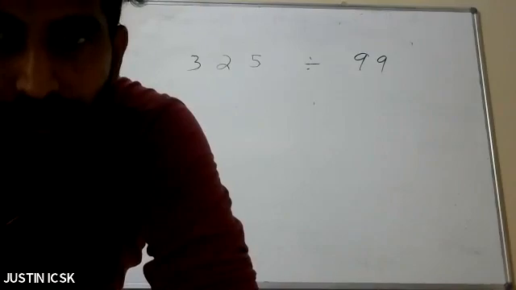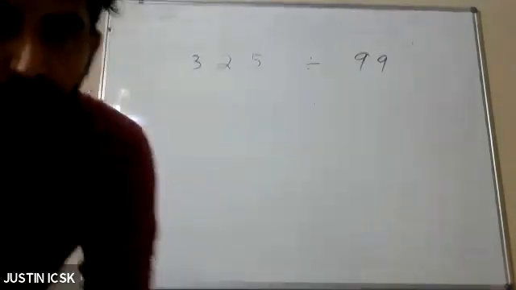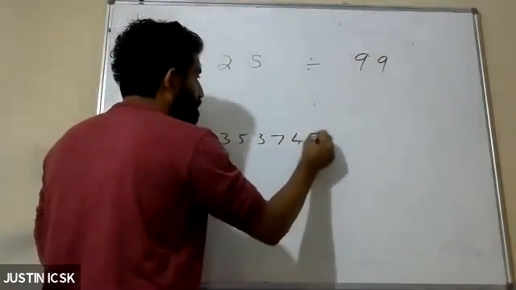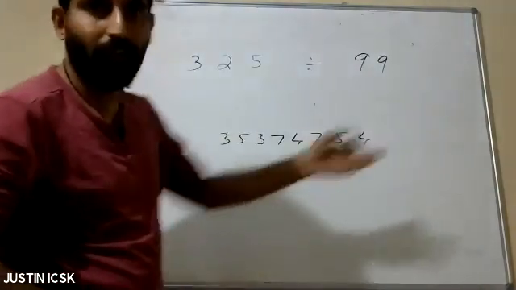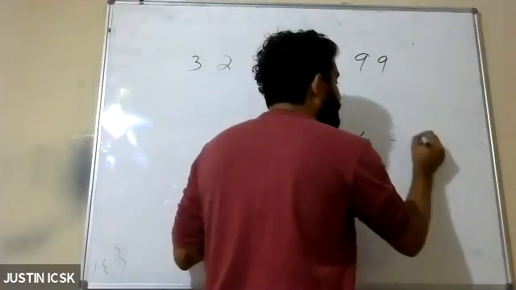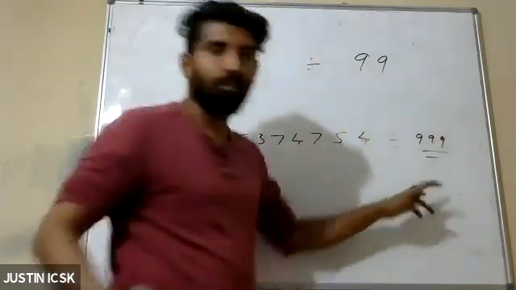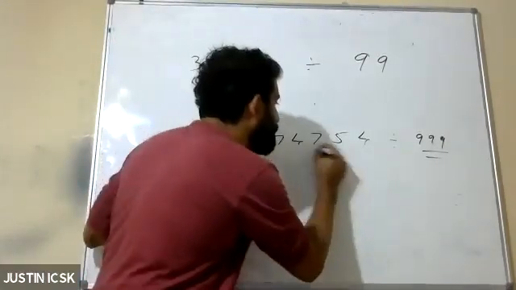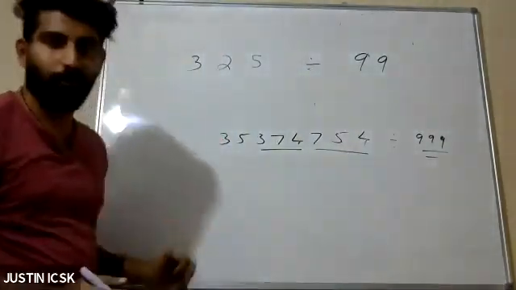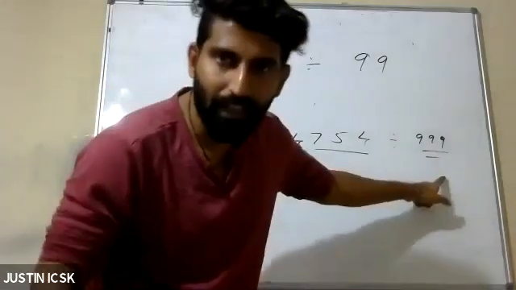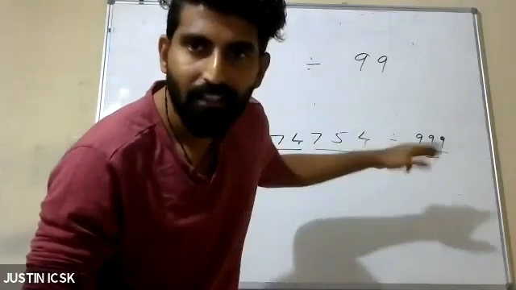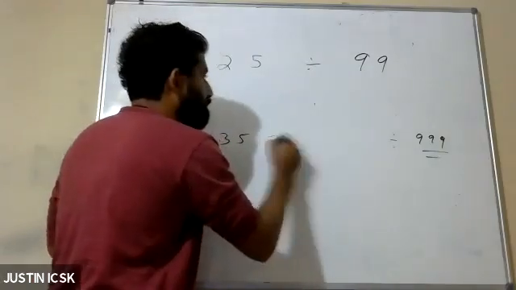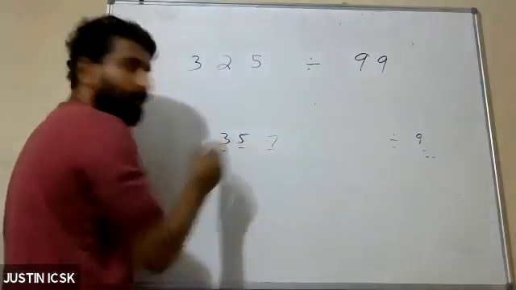Main thing is grouping only. Remember, suppose I'm just writing some number. This is one number we are dividing. First of all, you have to check how many nines are there. If we are dividing with 3 nines, from the right side you have to group 3 numbers in a group. First question we are doing with one number. That's why we are grouping separately.